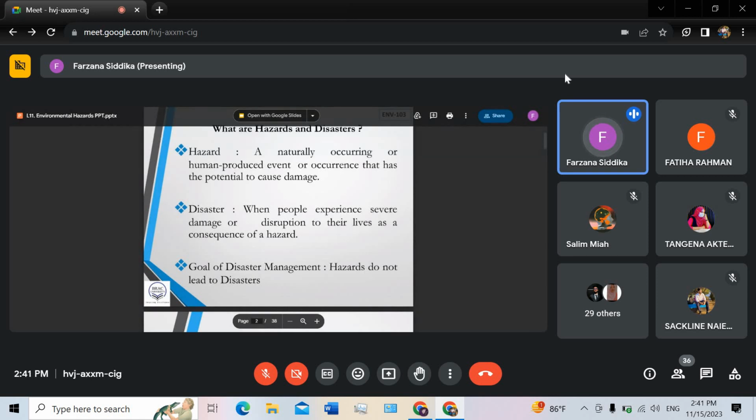As you already done with your midterm examination, result is published or not? Result is not published, right? এখনো তো দেইনি। হ্যাঁ, ও প্রিপেয়ার করা হয়ে গেছে, জাস্ট একটা জিনিসের জন্য আমরা একটু হোল্ড করে রেখেছি। আচ্ছা, so say for example your result is published and you see you did not get your expected mark, so you did bad. This is a disaster. So disaster is which is already happened and created loss and damages to your regular life, then we can call it as disaster.